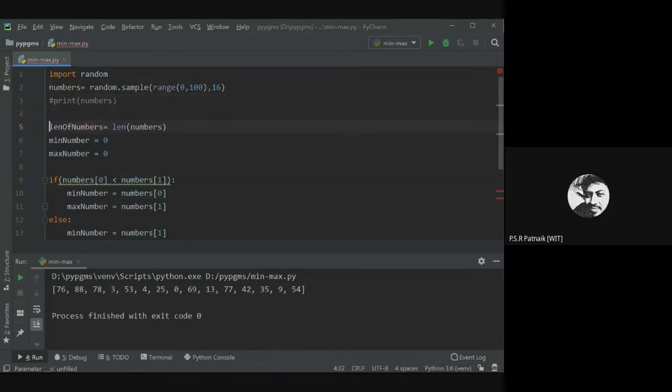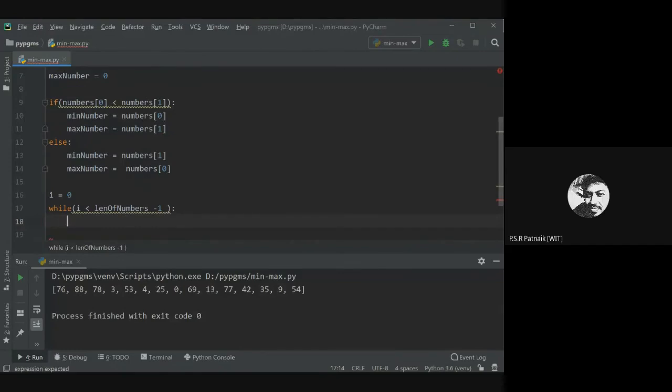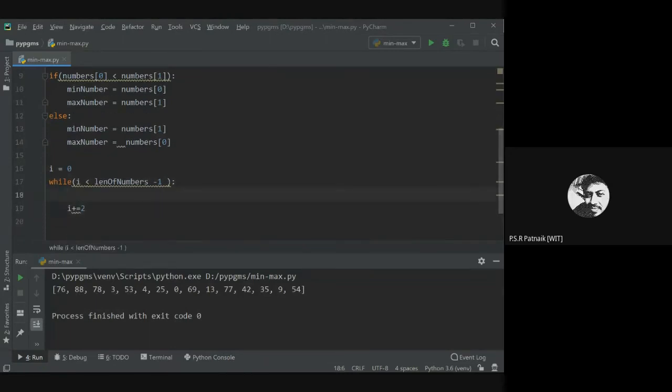So I already have length of numbers. I've initialized it. Later I'll explain why I am calculating that and why I am not calling the length function multiple times. As of now, should it be length of numbers? No. Since I'm moving by a pair, I don't want to move to the last element. So I'll only move till length - 1 because I'm moving with a window of two, and I don't want to cross that. And every time I do that, I need to increment I by 2. So this loop helps me move the pair windows by a stride of 2